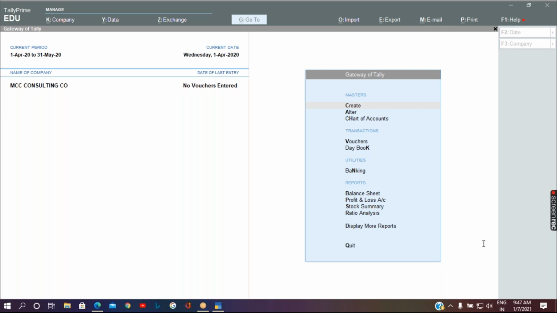Eight are accounting voucher types, eight are inventory voucher types, four are order voucher types, and two are non-reflecting accounting vouchers.